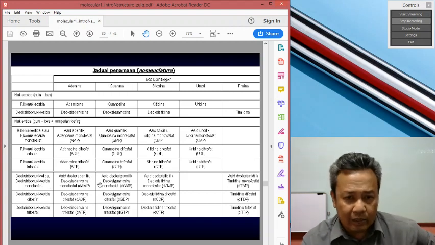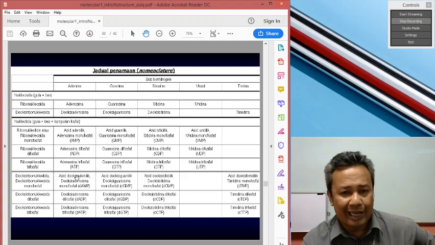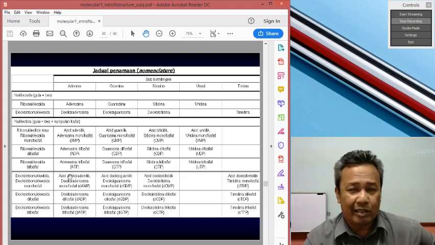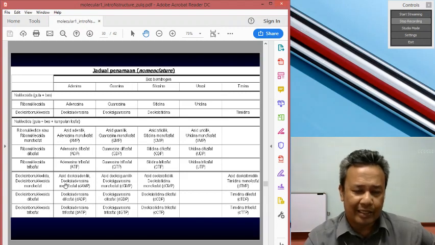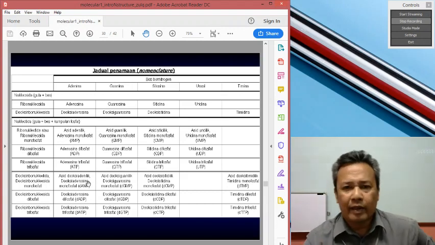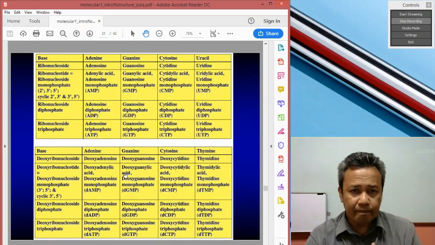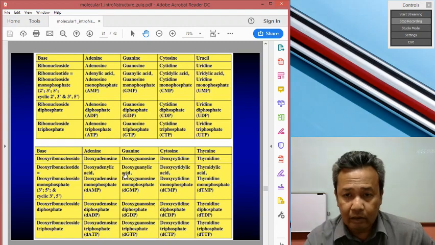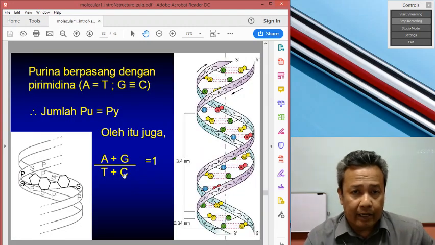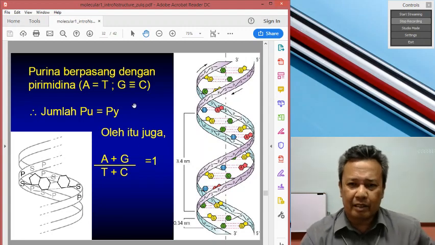If there's a comma there, that means there are two different names. Either it's deoxyadenylic acid, or in English it's deoxyadenylate acid, or it is even called deoxyadenosine monophosphate. Again, I wouldn't go on too much about this. All right, this is the English version. Okay, and then for pairing purposes,